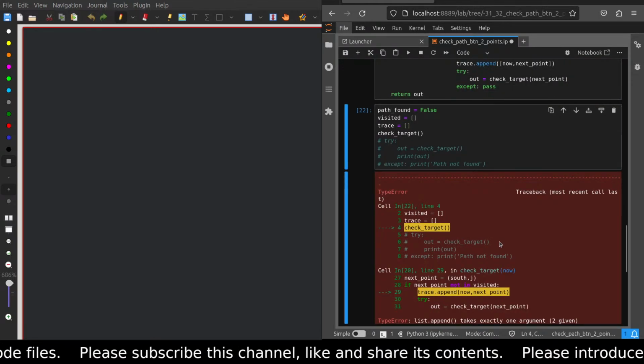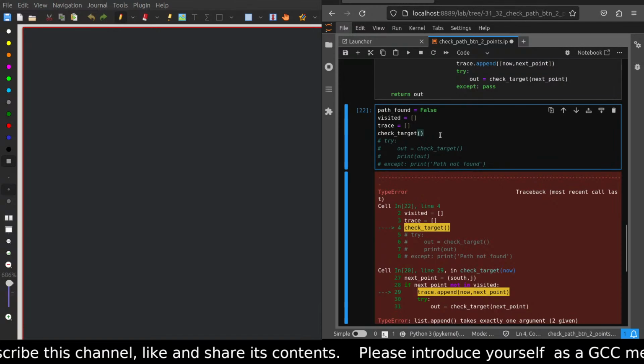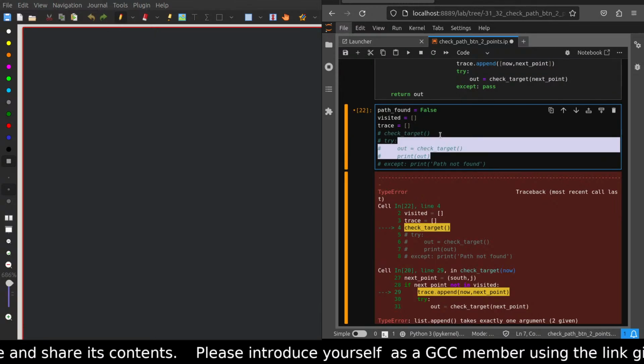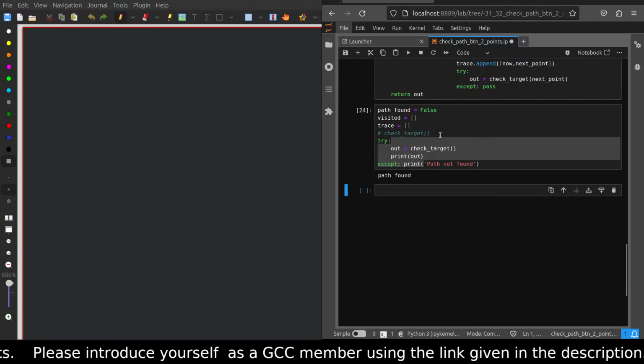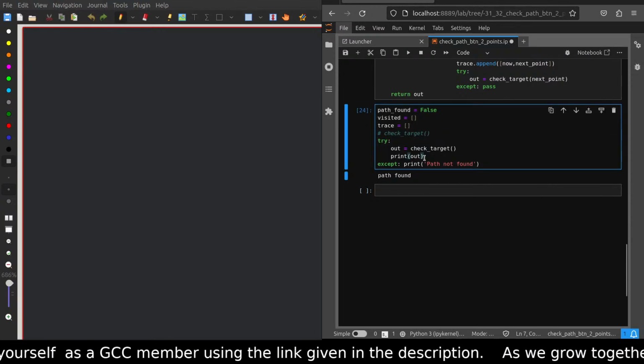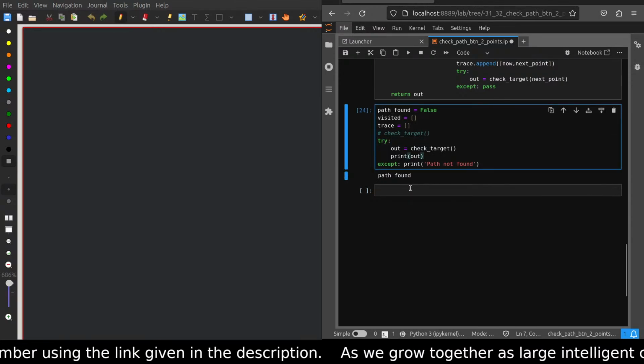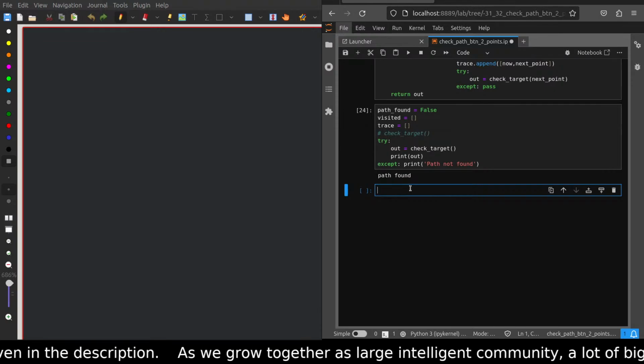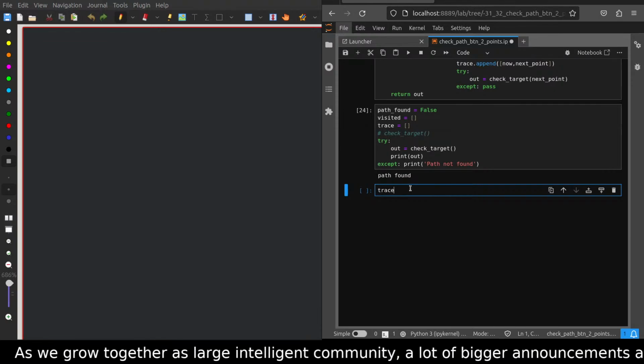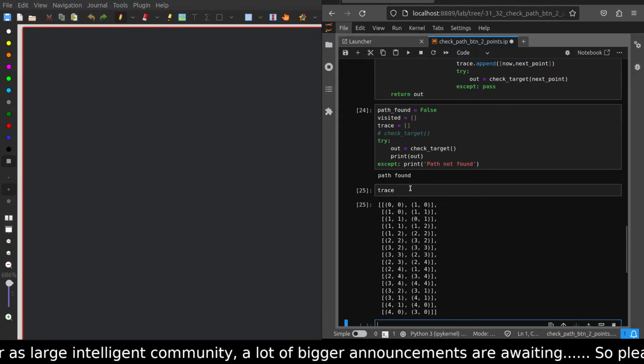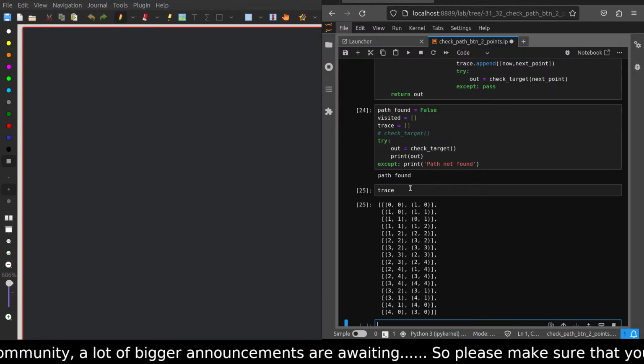Now let's find out once again. Now path found. Okay. So we have a global variable called trace, where we are tracing our path. So here we have got something like